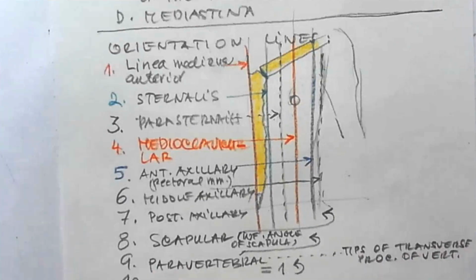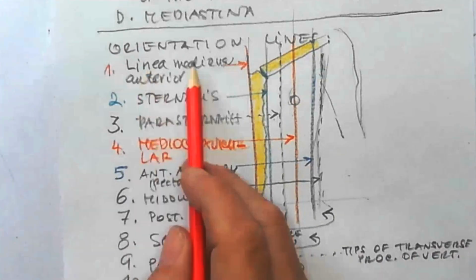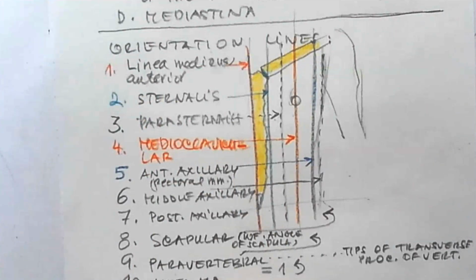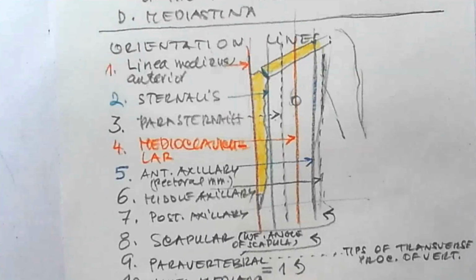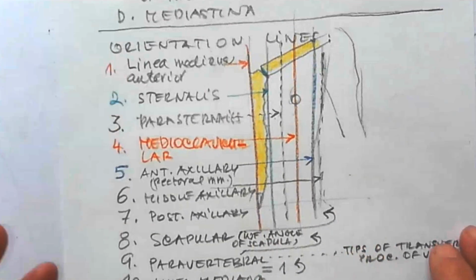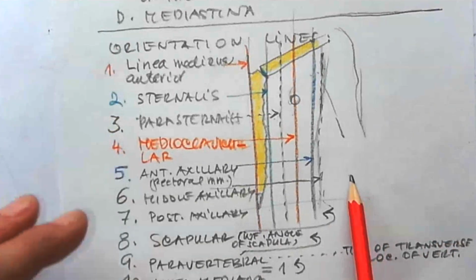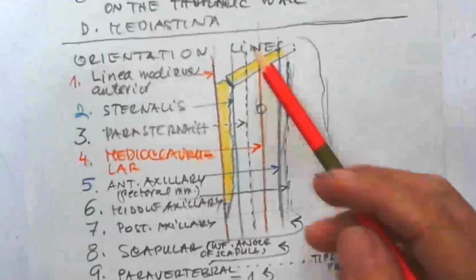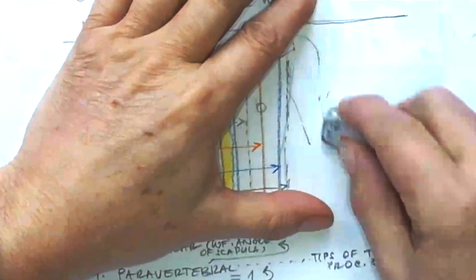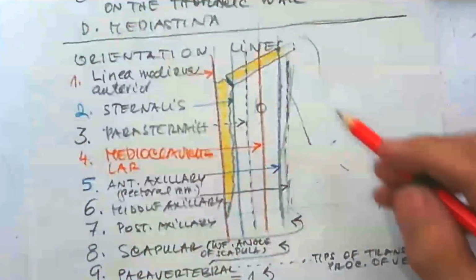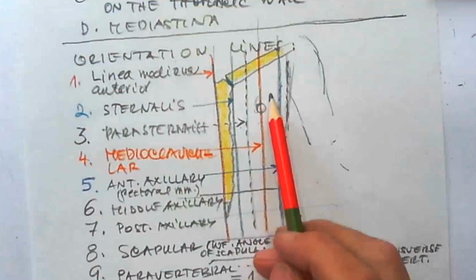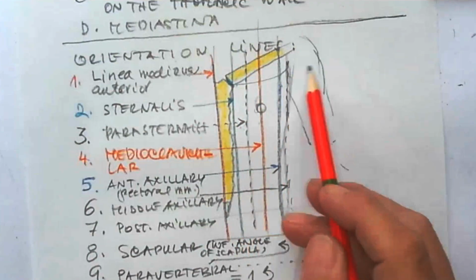And number 10 is the median. So we said linea mediana anterior. I'm repeating a Latin word, linea mediana posterior. We can use all the English words: median, anterior median line, sternal, parasternal, and so on. So this is easy. And since we have this drawing, that is not bad if we can also specify the areas,